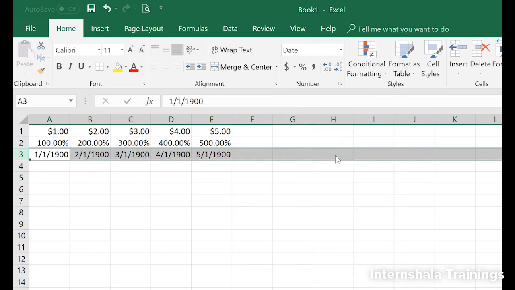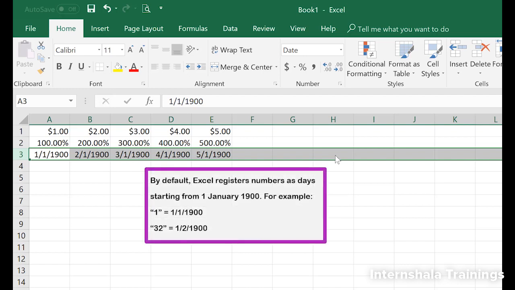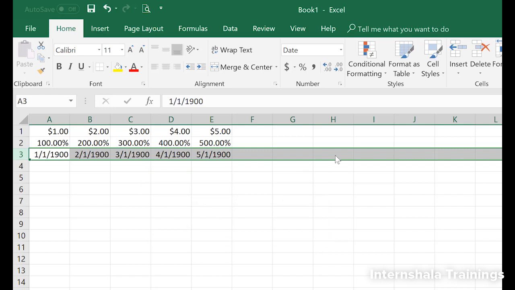Our results look kind of strange. All the values have changed to date format, but how did Excel come up with these dates? You may be surprised, but there is actually a logical answer. Excel has taken the numbers entered into the cells as the number of days starting from 1st January 1900 and accordingly displayed the date. Now we probably won't have to use that ever, but it just goes to show how careful we have to be when applying number formats or entering value into already formatted cells, because it can lead